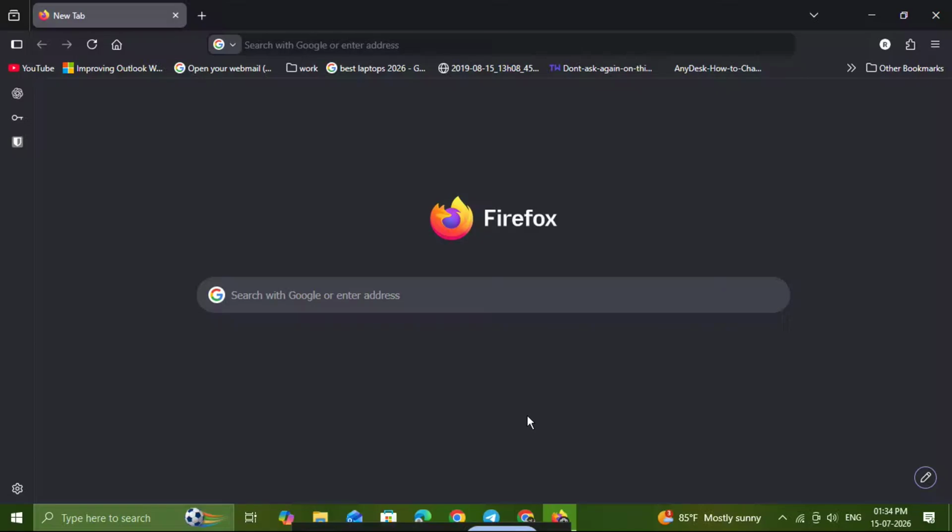In today's video, I'm going to show you how to enable microphone access in Firefox quickly and correctly, so websites can ask for permission and use your mic when you need it. This is really helpful if your microphone is not working on video calls, voice chat, recording tools, or any website